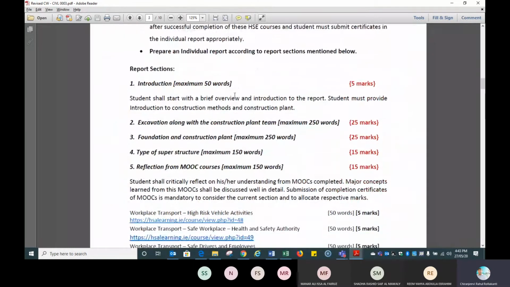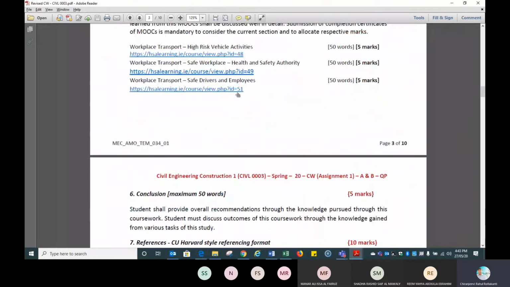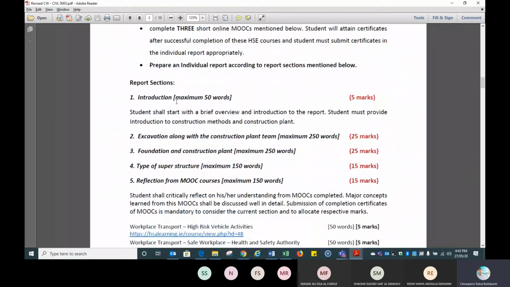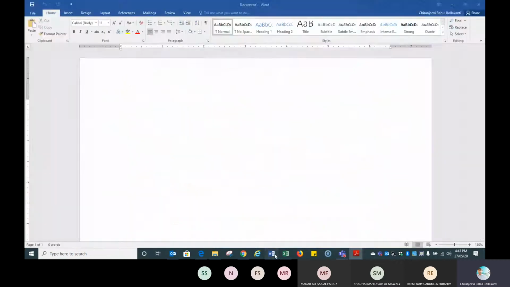Peer tutors, your first responsibility, if any student approaches you to check their report, is to check whether they have the report sections. Do they have an introduction? These things are very common: the cover page, table of contents, list of tables, list of figures.